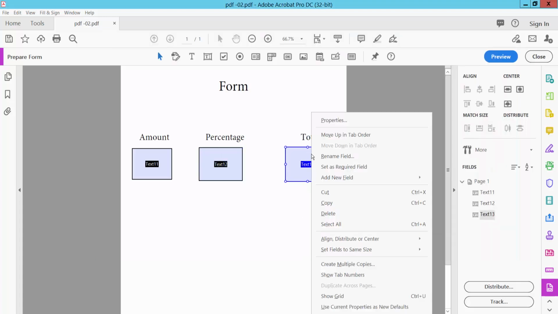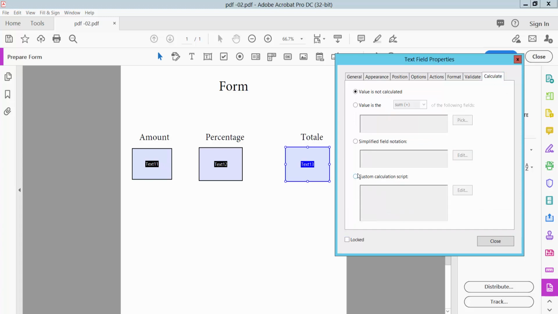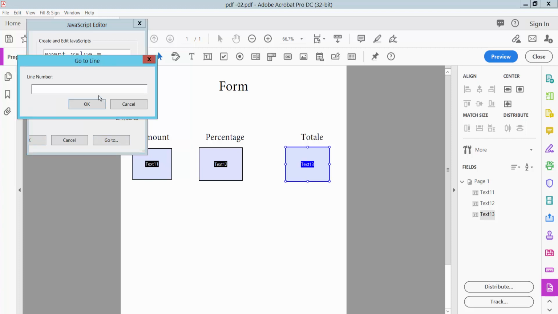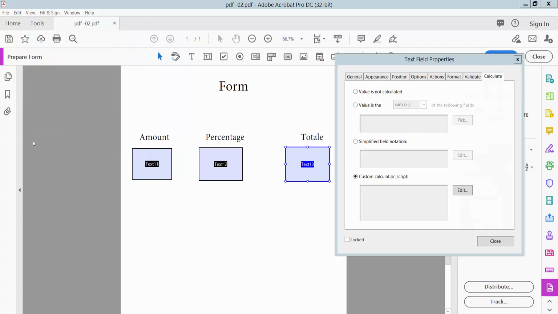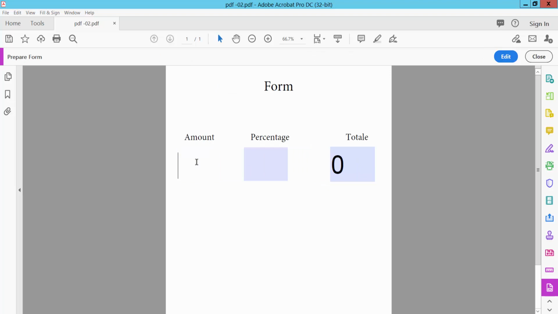and click third field, properties, select calculate option, click here, select custom calculation script, click edit and paste here this code, go to type 3, okay, click here and close, okay. Now click preview option, type here amount,